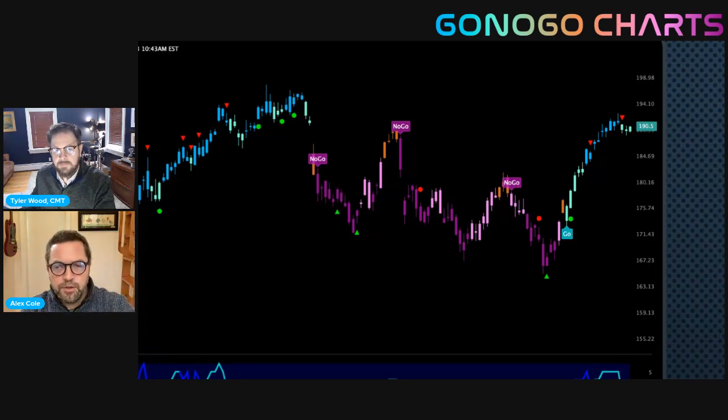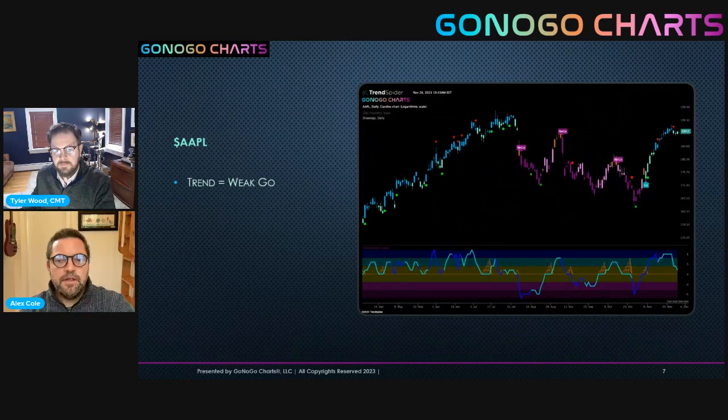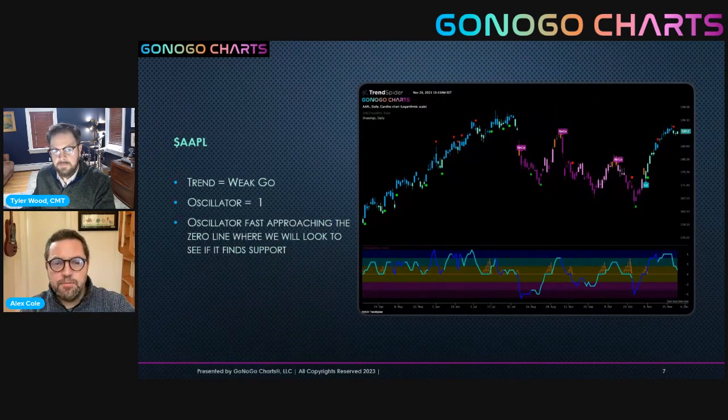What's question number 2? Where's the oscillator? Well, the oscillator here is at a value of 1. It is positive, but you can see that we are trending downward on the oscillator. So final question, is there anything interesting happening around the zero line? Well, the oscillator is moving sharply, fast approaching the zero line, where again, we will look to see if it